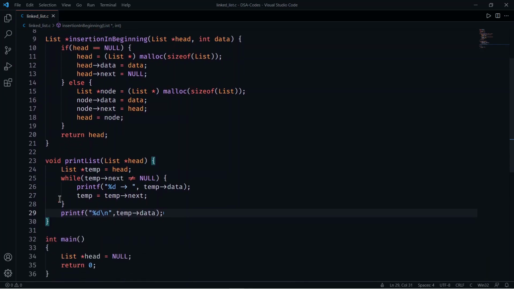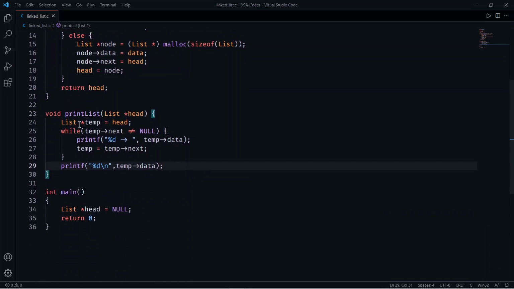So what I have done here is I have created a function for printing the list, and I have used a simple while loop for printing.